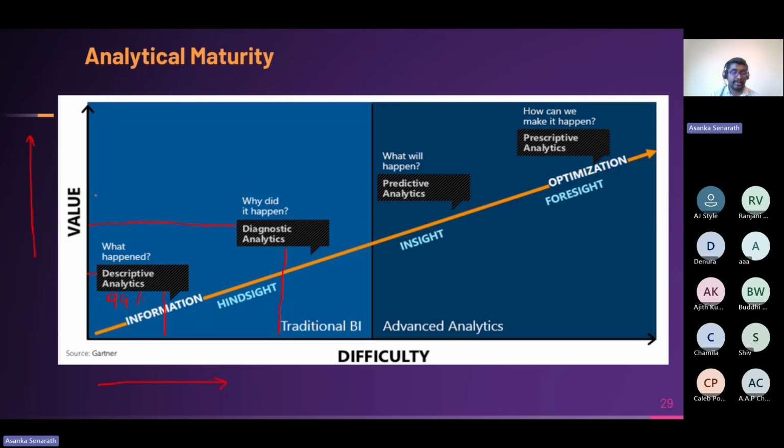That's called diagnostic analytics. And the third level of analytics is known as predictive analytics. We are predicting something before it happens. I'm going to take the same example. So this is Kottawa Keels. It's open at 8 a.m. in the morning. Around 7 a.m. in the morning,